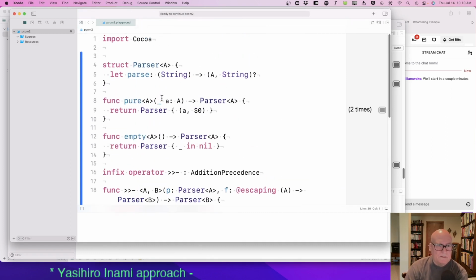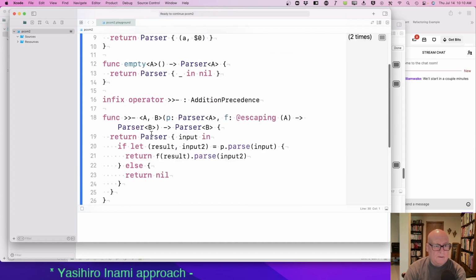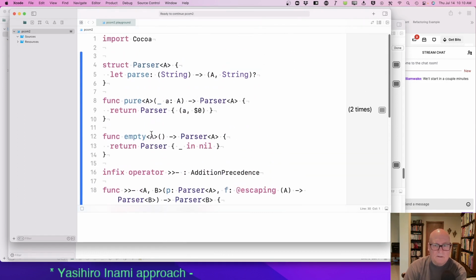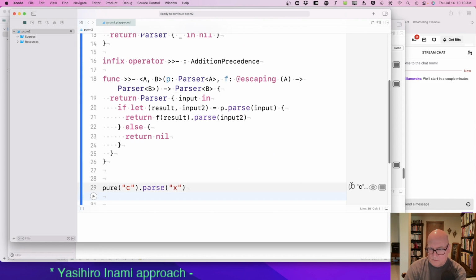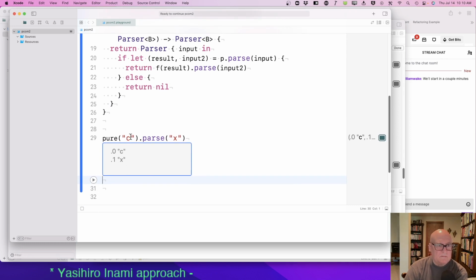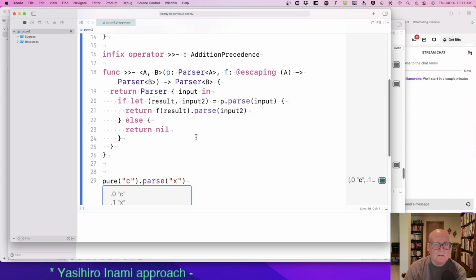Pure C is a parser. PC.parse applied to X, right? Oh, it did come back. Okay, so the result of parsing pure C is a C character result and the rest of the string untouched. Okay. And then this,